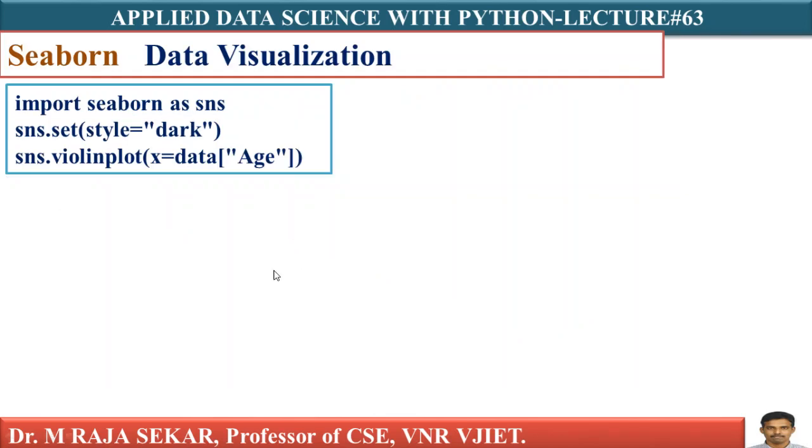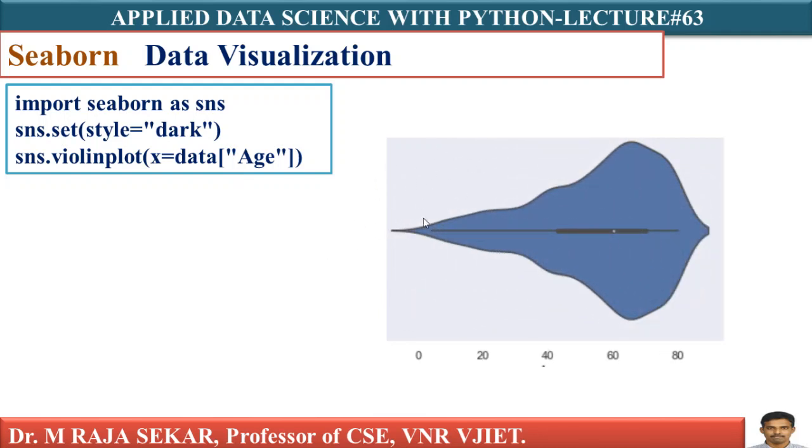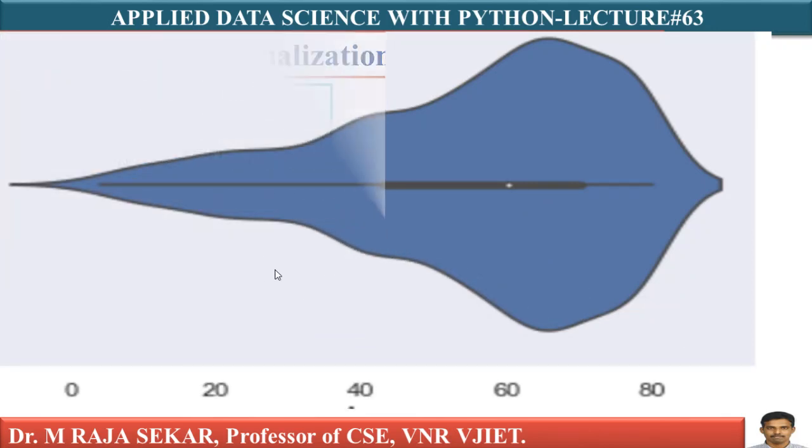Let me proceed further. Here, what am I doing? It's the same code, just I am changing the theme. In the previous case, we were saying white grid. Instead of white grid, in the place of style I am assigning, there are 5 possible values, isn't it? Dark grid, white grid, dark, white, and ticks. In this case, I am keeping dark. This is the dark theme. Dark theme means you will get output like this. Even if you want to see the output on a big screen, you can see the theme of this particular output is dark. The previous one was white grid, isn't it?